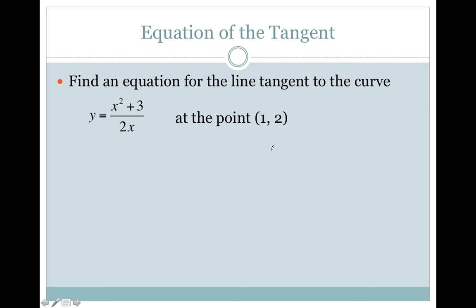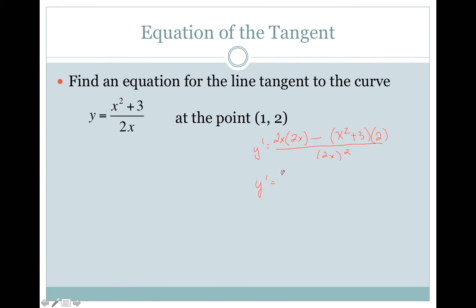So let's look at this as the derivative. Y prime is going to be the bottom function times the derivative of the top, which was 2x, minus the top function times the derivative of the bottom, which is just 2, all over 2x squared. Now, we do want to simplify this one because we're actually going to plug in some numbers,